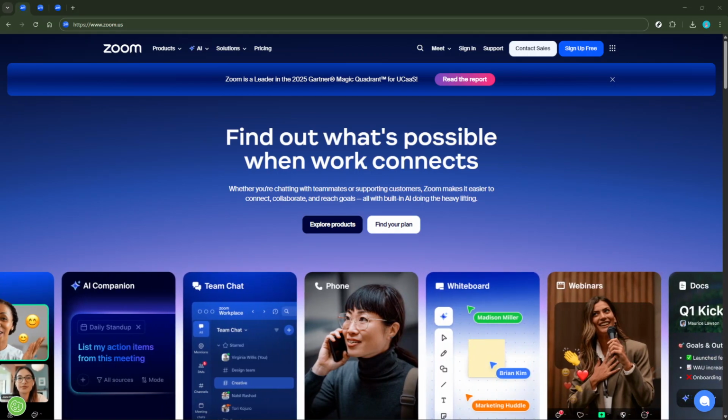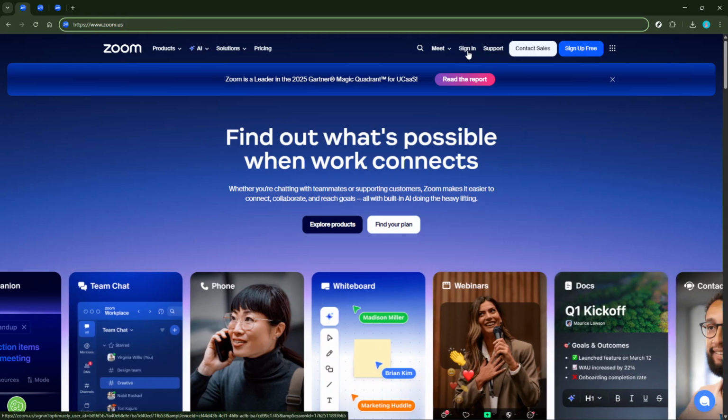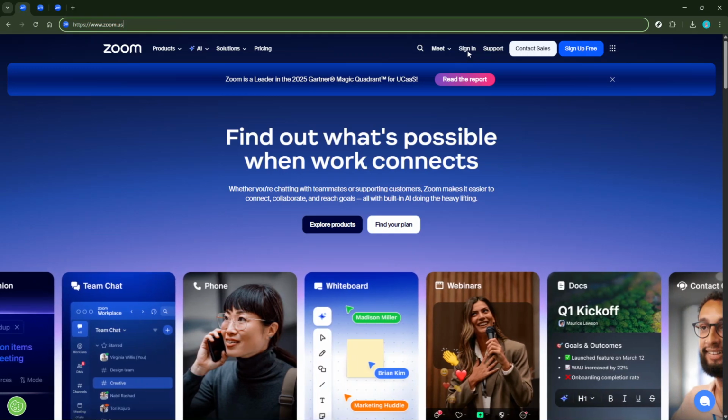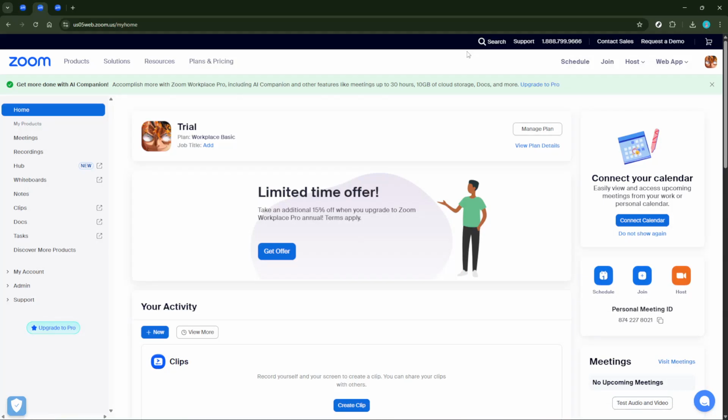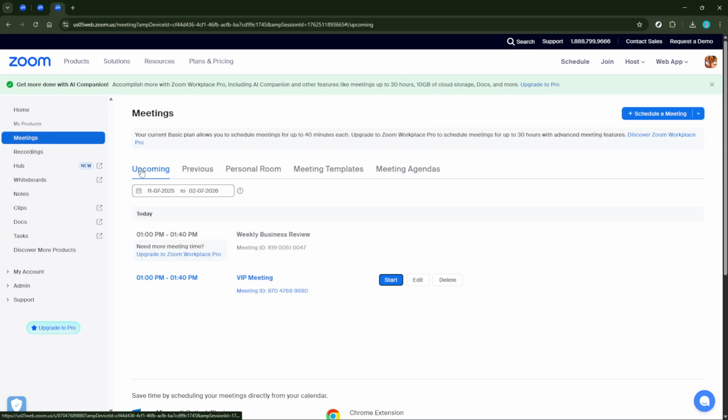First, let's start by opening Zoom on your laptop or PC. If you haven't already downloaded the Zoom application, it's important to do so beforehand, as it makes the process more seamless. Once you have it open, you're ready to move to the next step, which is starting or joining a meeting. This is essential because the record function is only available once you're inside a meeting session. So whether you're the host or a participant, make sure you're in the meeting you intend to record.